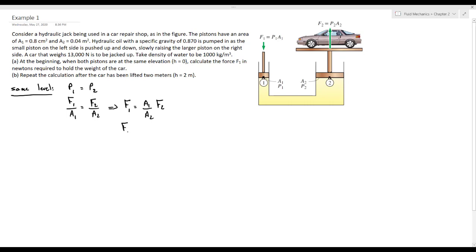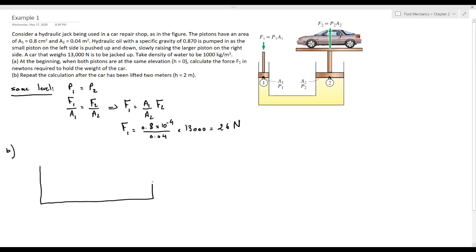Now we replace the numerical data. F1 is equal to 0.8 times 10 to power minus 4, to convert from centimeter square to meter square, over 0.04, into 13,000, the weight of the car. So F1, the force required to hold this position, is 26 Newton. For part B, repeat the calculation after the car has been lifted 2 meters. So now